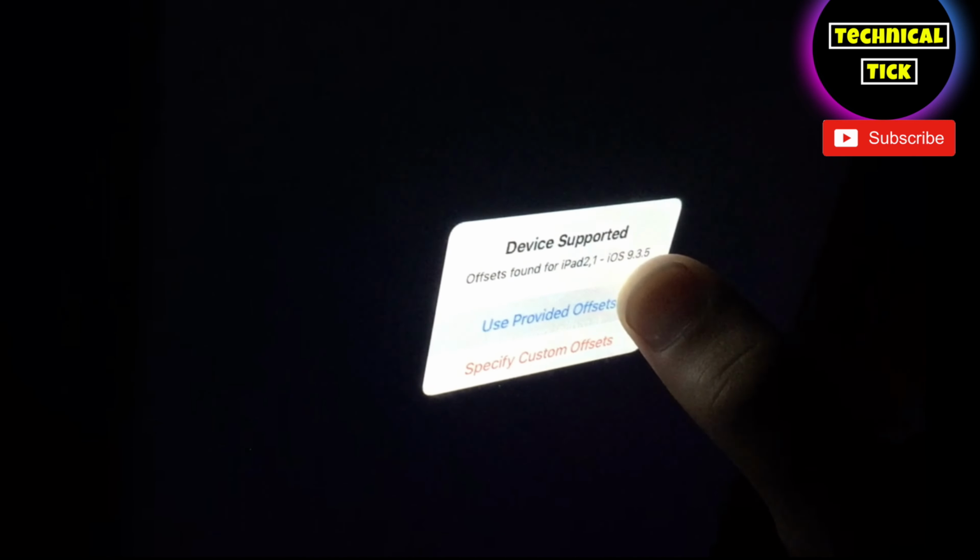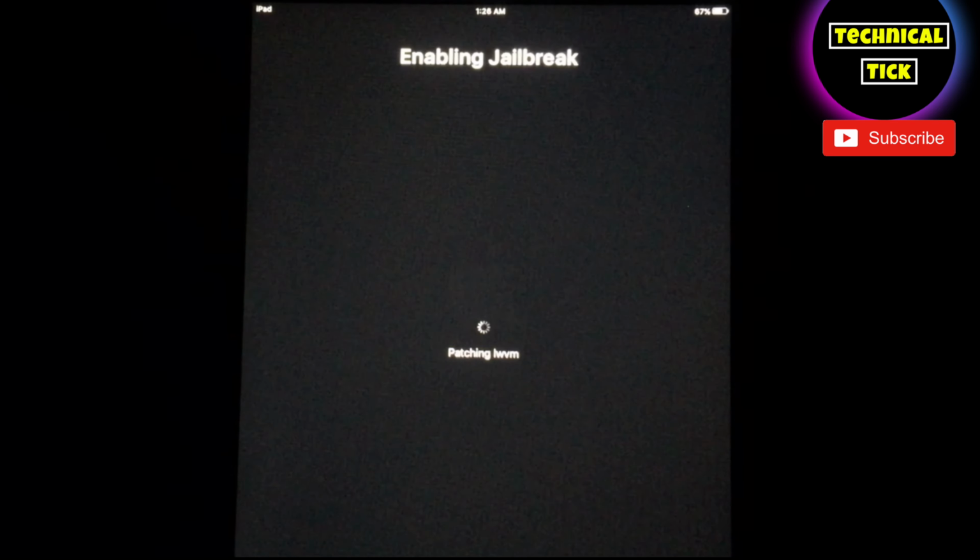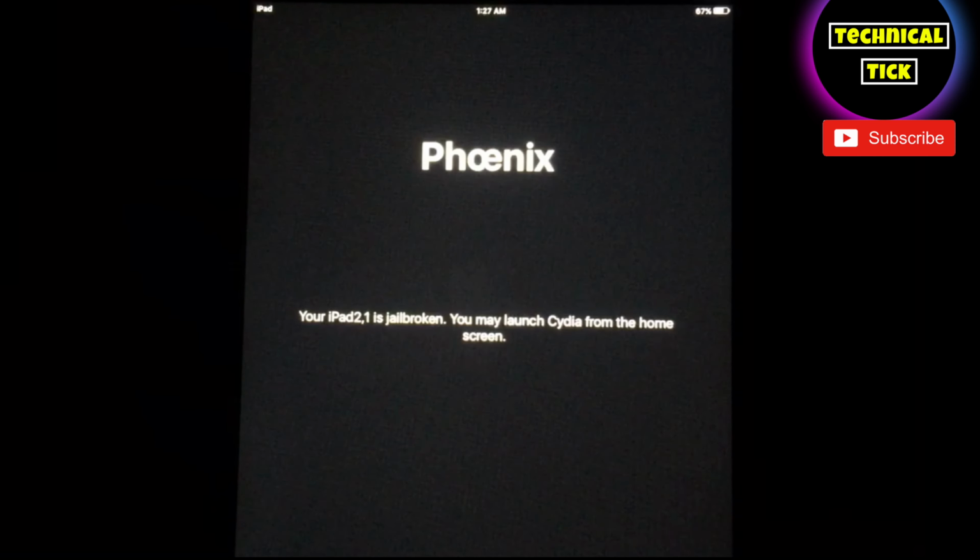So as you can see, whenever I try to jailbreak or Kickstart jailbreak, so it's jailbroken.